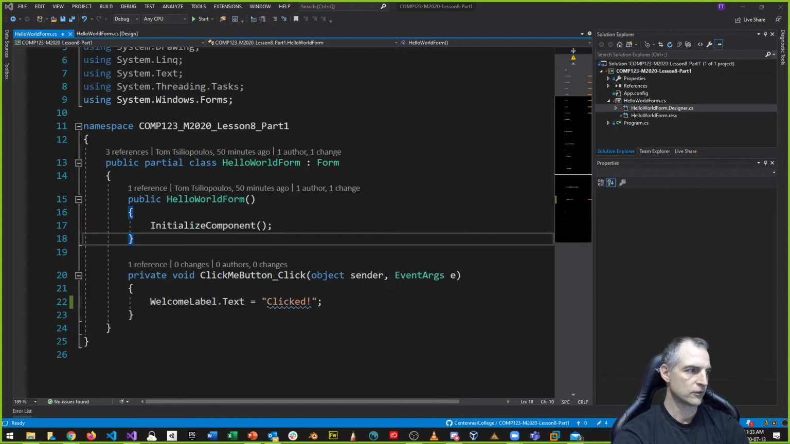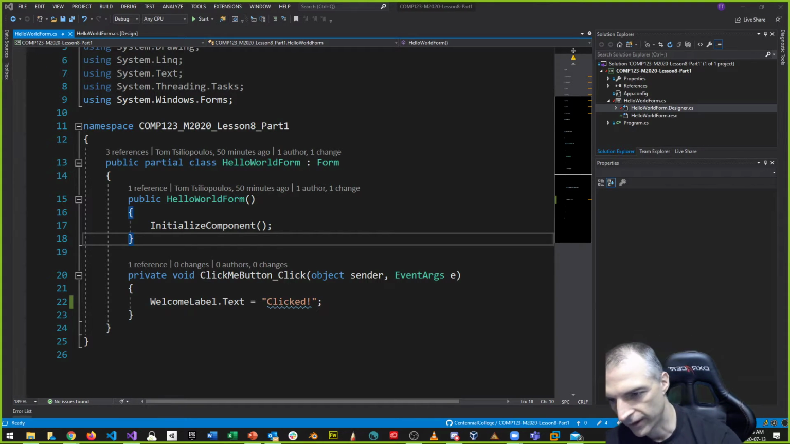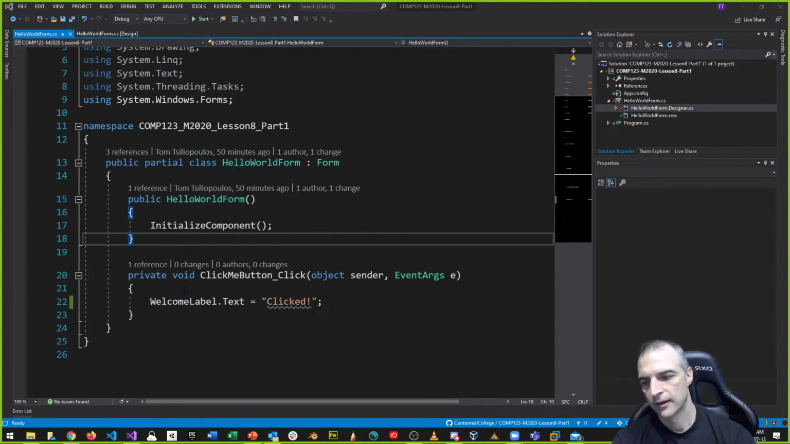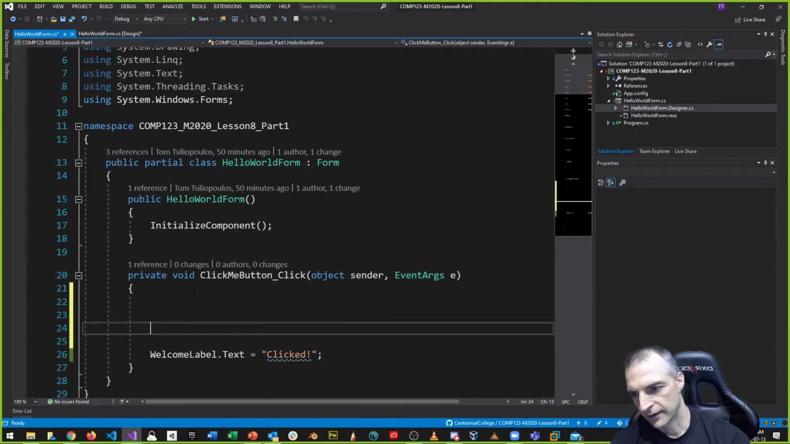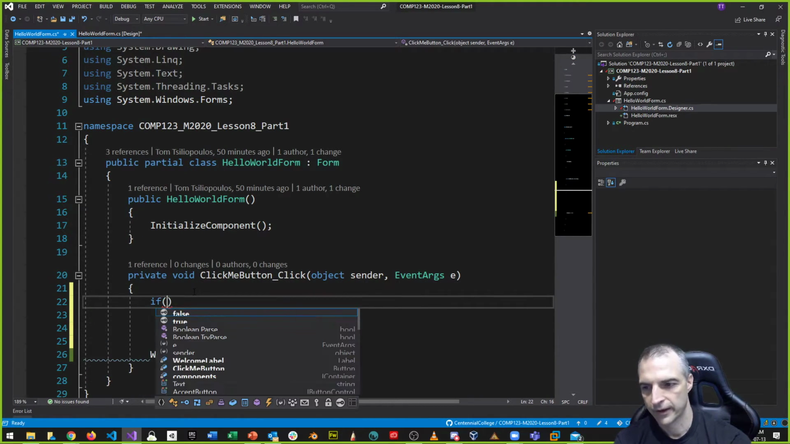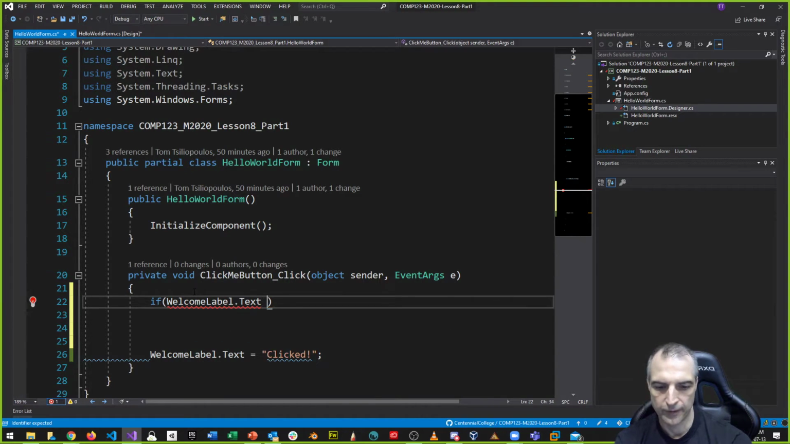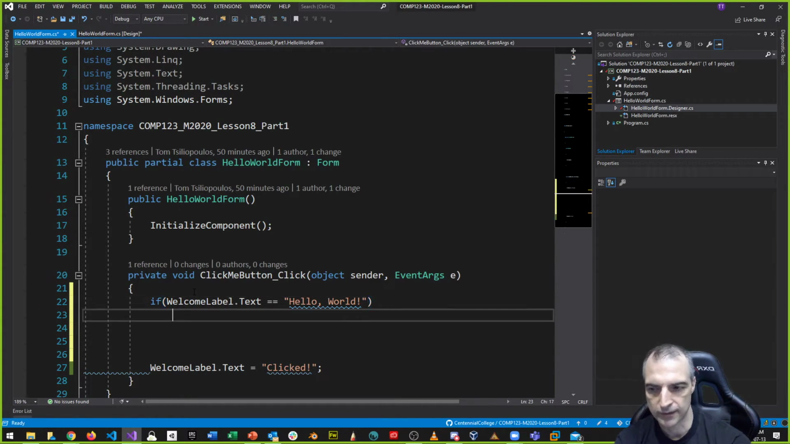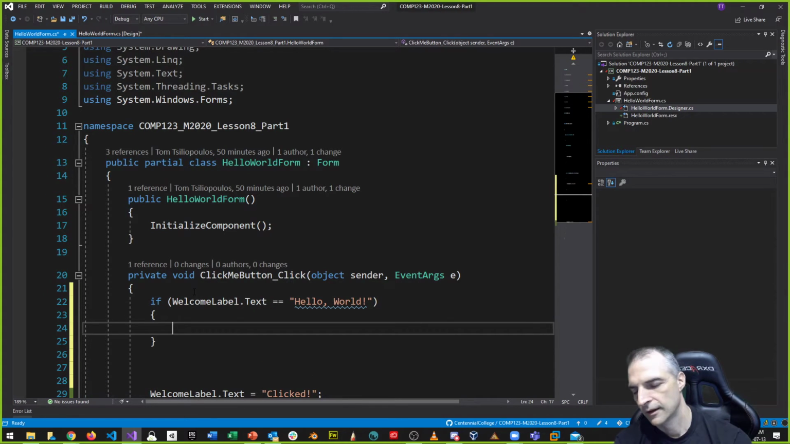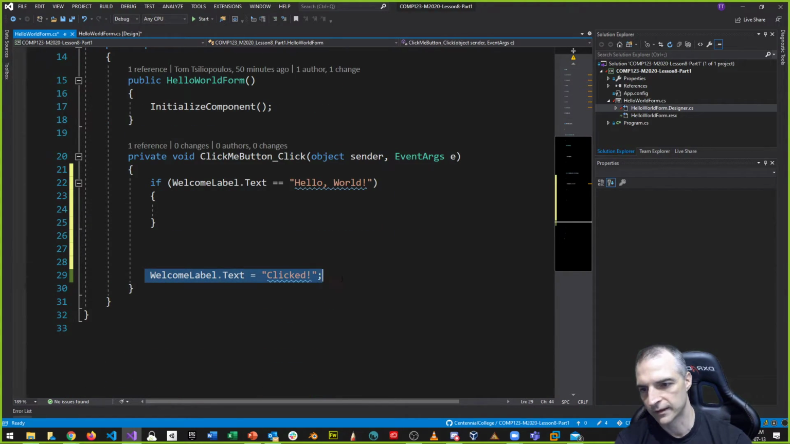If else, you could use an if else. Yeah, you could. Yeah. Let's do it. Let's do an if else. So we could do an if else. Here's the if else. We can say that, okay, if welcome label dot text, right? Well, if that's equal to something like hello world, got to be exact, by the way. If this is the exact text, then what I want to do is change the welcome label dot text to clicked,